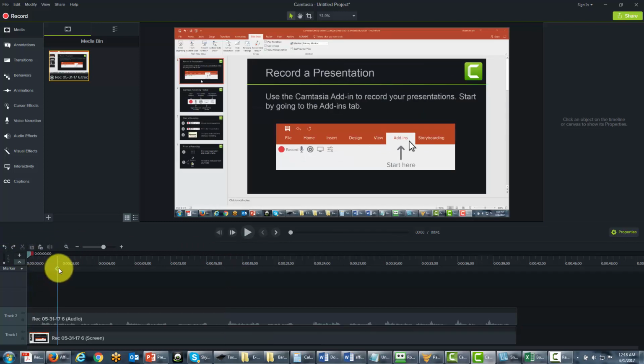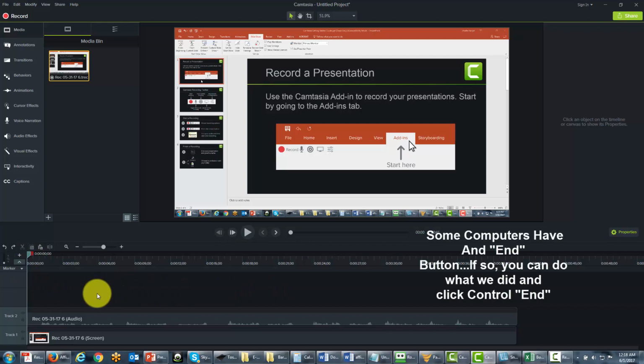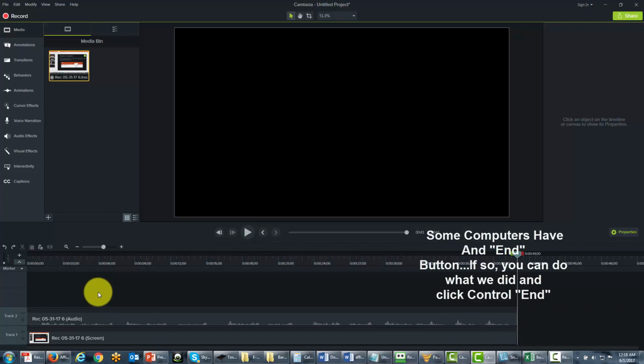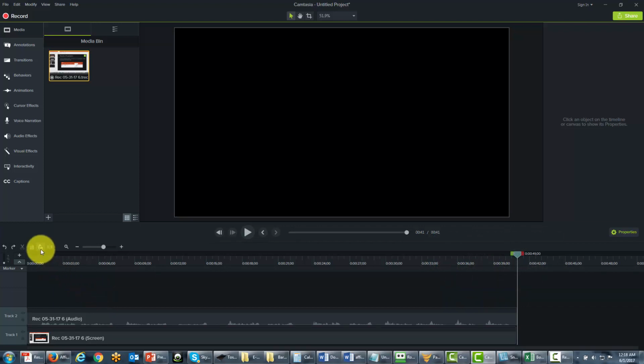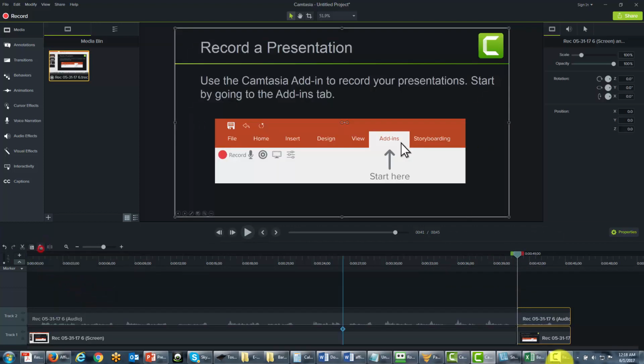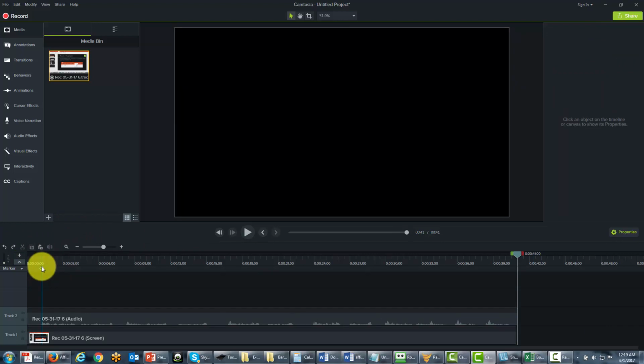The other thing that Camtasia has is a copy and paste tool. Camtasia will go to the place where the cursor is and paste whatever you have in your clipboard. For example, if we press Control End and pull our cursor all the way to the end, we can then click the paste command. You'll notice that a portion is now there, which is something we had in the toolbar. Of course, we can then go back and undo it,